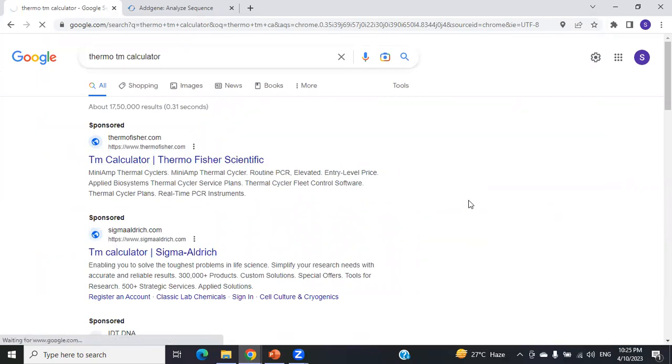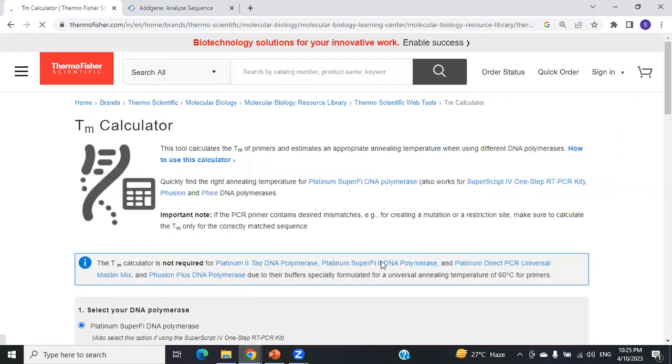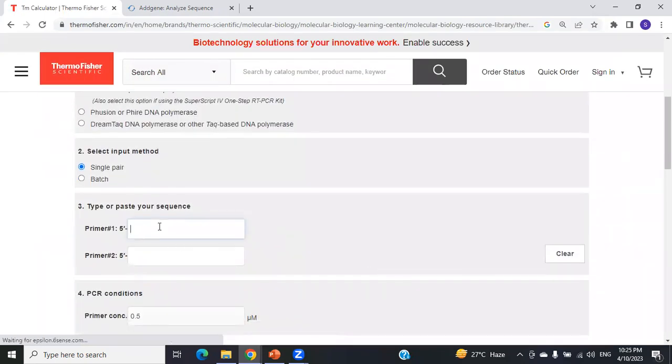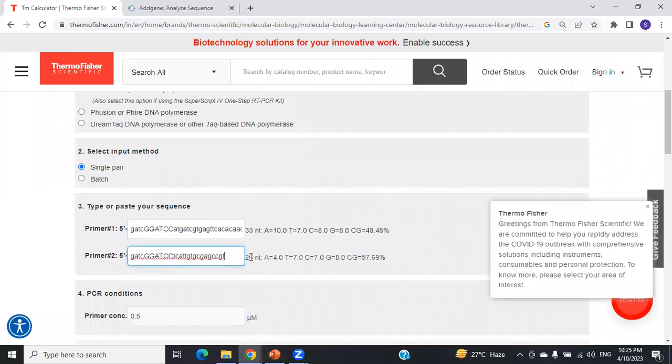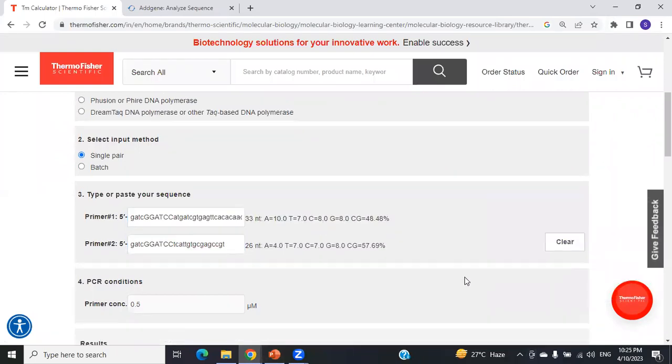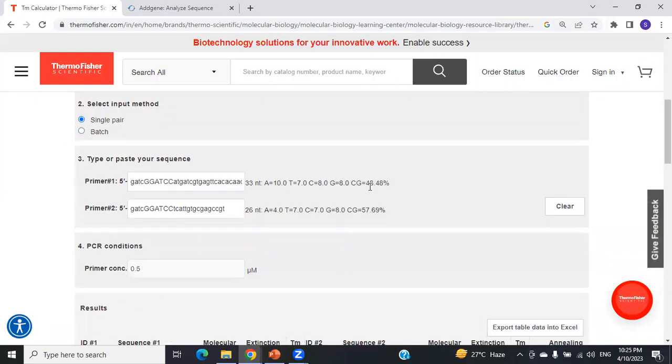Click on the link. And you paste the primer sequence here, first primer or the forward primer and the reverse primer. Okay, so as you can see, the GC content of the first primer